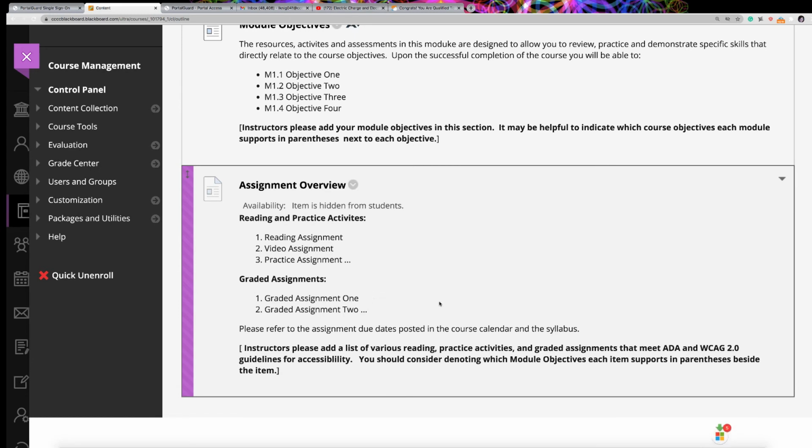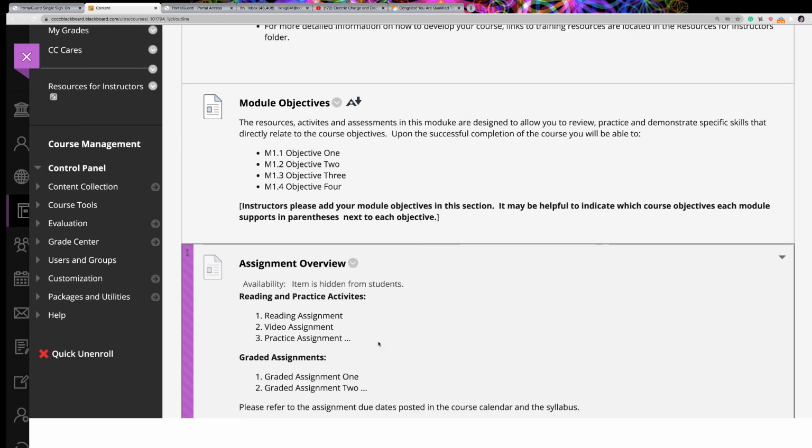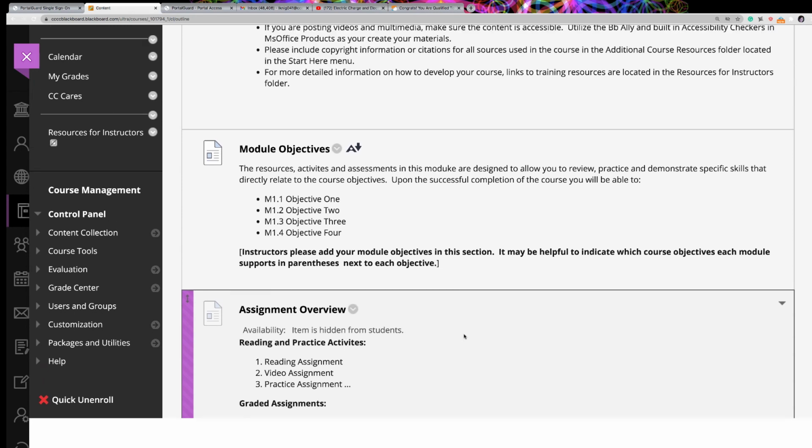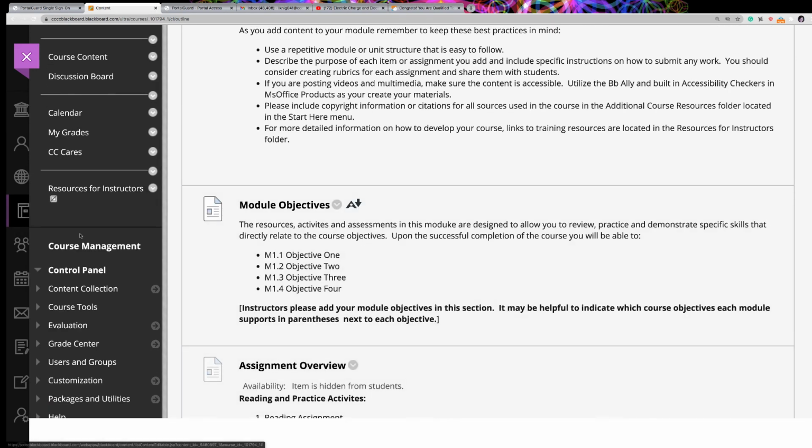Either way, make sure that it's clear when things are due. And then you're going to add various practice activities and graded assignments. If you want to have some help with designing your module, contact the instructional designers at the Center of Academic Excellence,